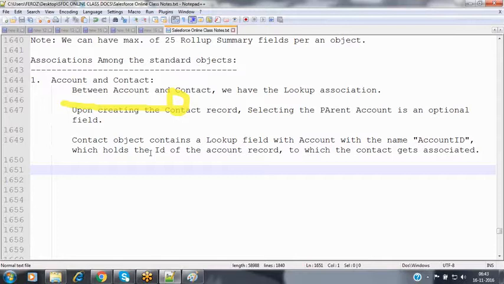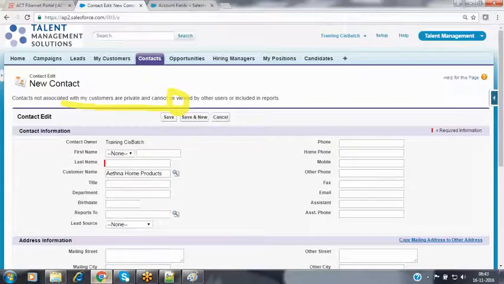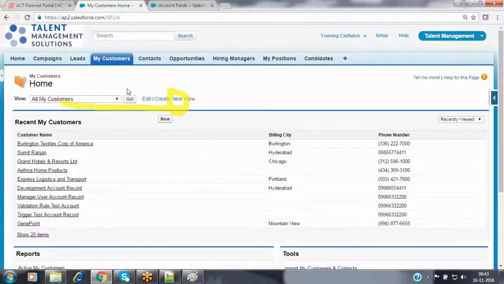Now, I will show you one strange functionality in the standard feature. Let me show you practically. Whenever we have a lookup association between two objects, suppose I remove a parent record, then what will happen to the child records? Will the child records exist or get removed? It's a lookup, so the child record will exist. Now come to the actual functionality in Salesforce. The child record will exist and it will have a null value, right, Firoz? Yes, correct. Now, let's see the functionality of the standard Salesforce feature.